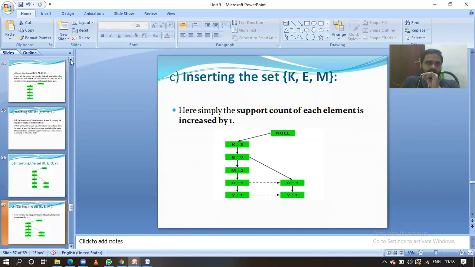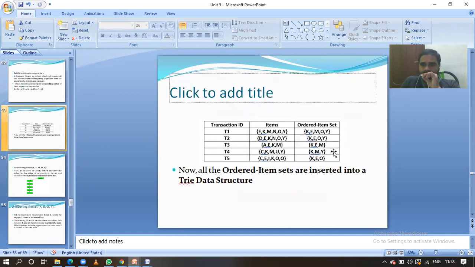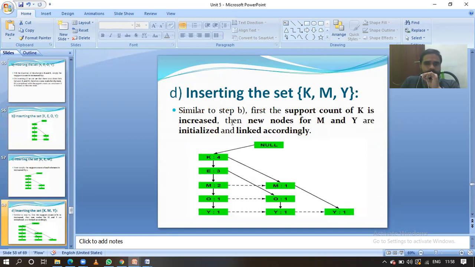Let us go for the fourth item set. What is the fourth item set, guys? KMY. We have to add this one to our tree structure. KMY. K is there, previously 3 is there, so increment the support by 1. Next one is M, but there is no path. Previously there was a path for E and for O, but there is no path for M. That is why we take a new node, that is M, and initialize its support to 1,